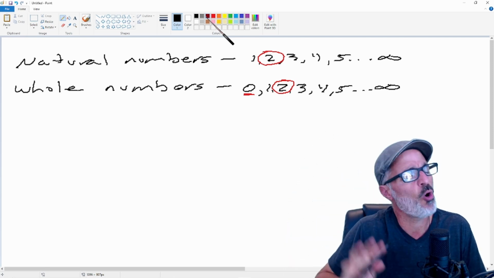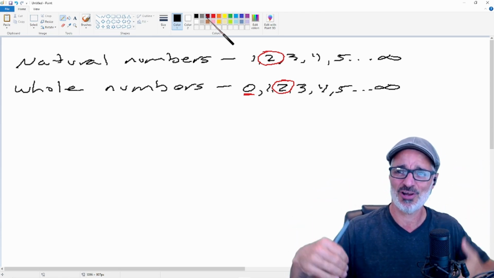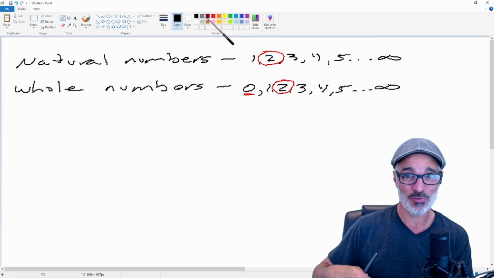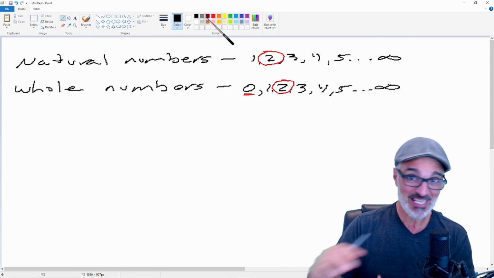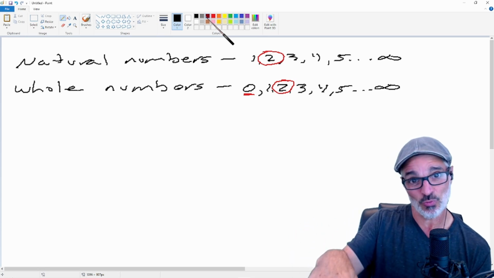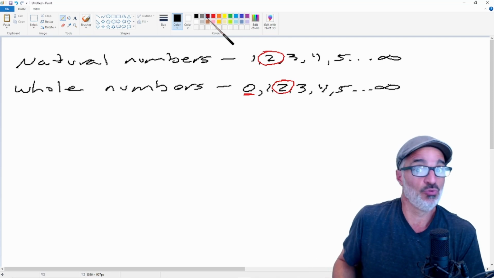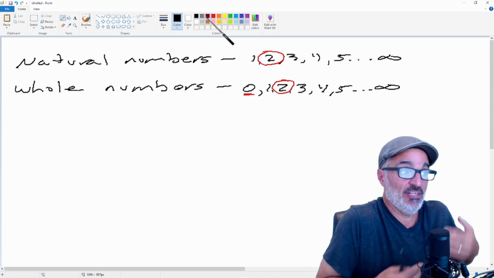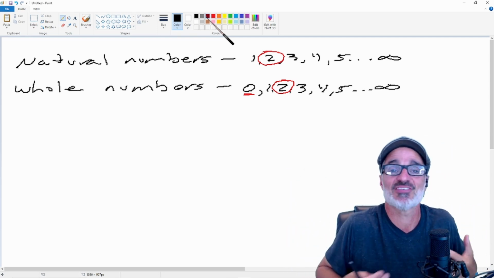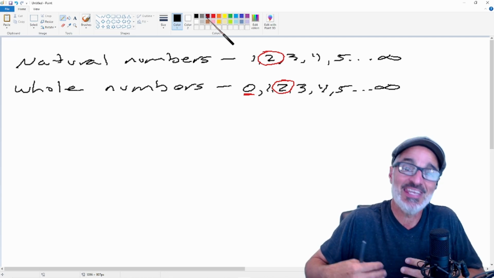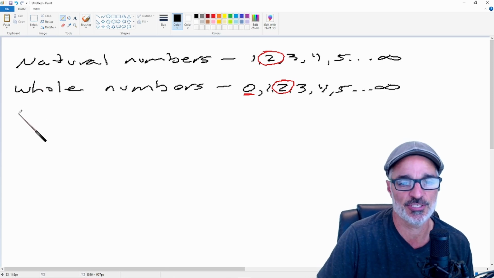And then the leader of the group said, "Wait. Because now we're talking about owing. Now we're talking about having an amount less than zero. You mean that he has zero, but even if he gets one, he still has nothing because he has to give that one back to you. So he has one less than zero. How do we do that? We have the natural numbers, which are 1, 2, 3, 4, 5. We have the whole numbers, which include zero, but we don't have a set of numbers to include numbers less than zero. What do we do?" And so they came up with something called integers.